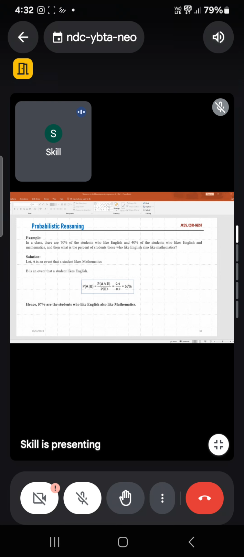What you asked? Can you repeat? What is the percentage of students who like English as well as mathematics? So in the calculation part, it shows 0.4 divided by 0.7, it is quite confusing since it's not understandable. Can you make it easy to understand, sir? Like why it's 40 divided by